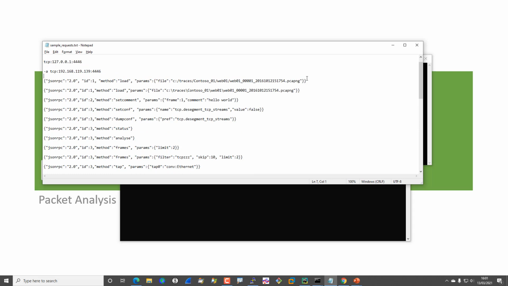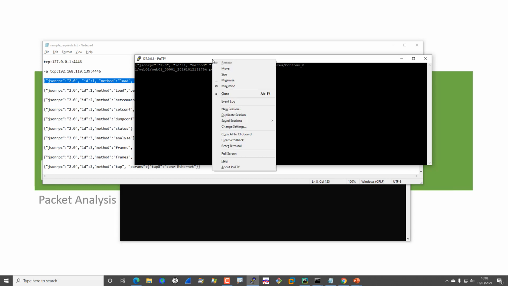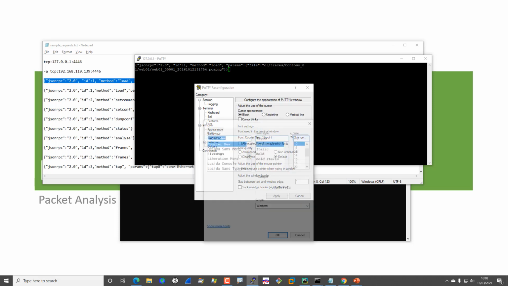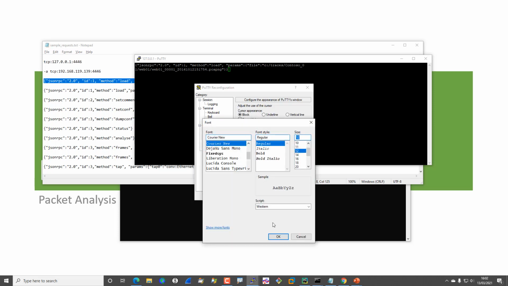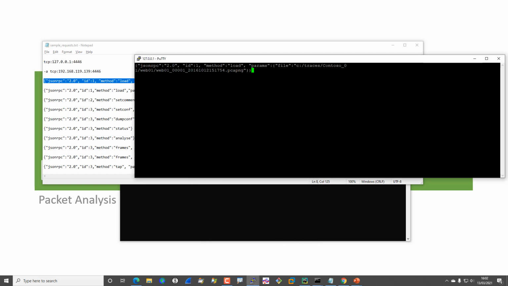Now we grab our command and paste it in here. Let's actually change the configuration here a bit so you can see it a bit more easily. Okay,